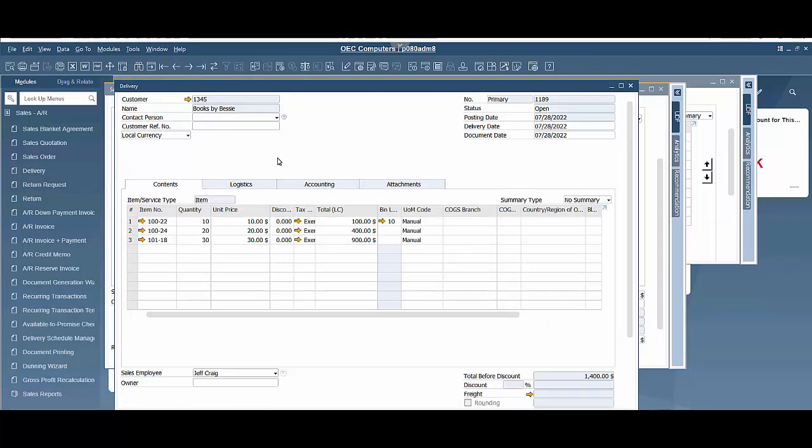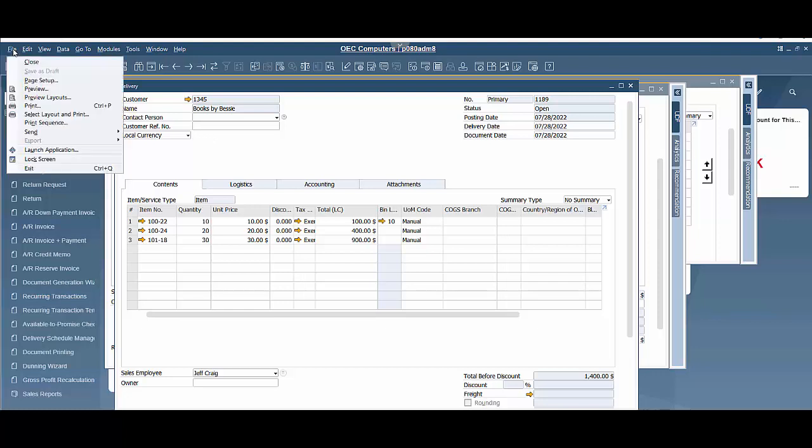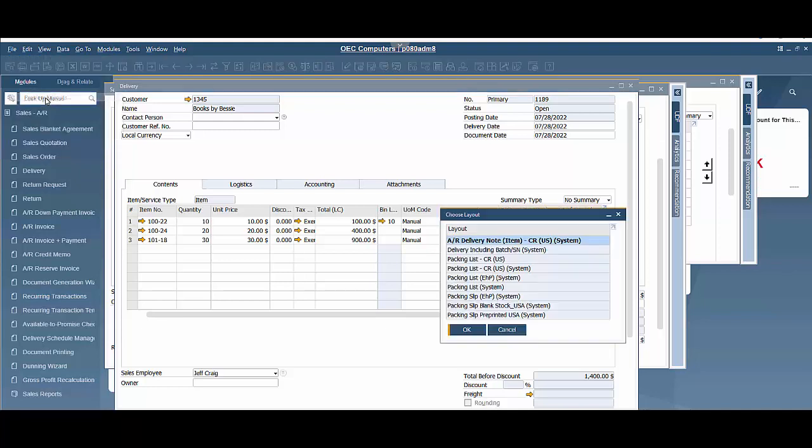And now our delivery document's been added, and typically what we'll do now is print out a packing list for this delivery. So in the system here I do have a layout that I can use for a packing list. So what I'm going to do is I'm going to go to File. I can go to the default, or I can print the default if the packing list is the default in the system. Otherwise, I could select a layout in print, meaning if there's multiple different documents, I could choose one of them. For this scenario here, I'm going to do a preview to show you what it would look like